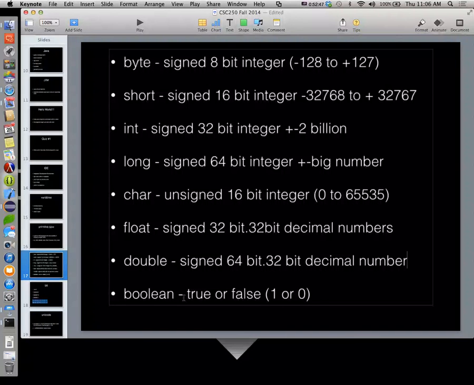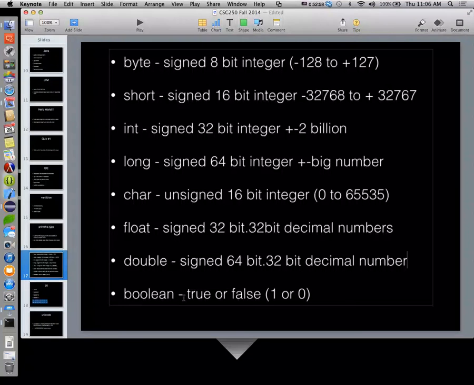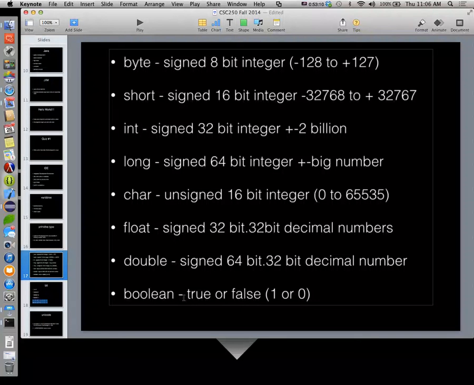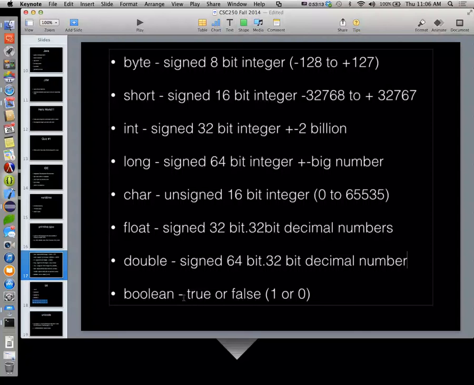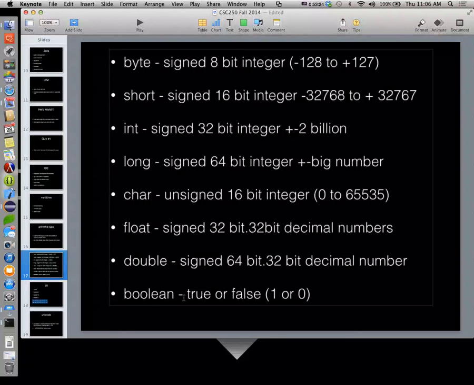Now, question. Why do we need so many different ways of holding integers and doubles, or integers and floats? Why wouldn't we just always use a long? Figure, well, it's got to be big enough for pretty much everything. If we run out of space, then we'll just go to objects. I'm telling you that some objects allow us to do arbitrary size integers. But why do we have all these choices? Go ahead. For speed, it has to go through every single integer, even if it is marked as a 0. It has to read all of them. So if you have something that you only need 8 bits for, just write that in the computing power. Do you actually think that we would notice a difference? I'm just saying.